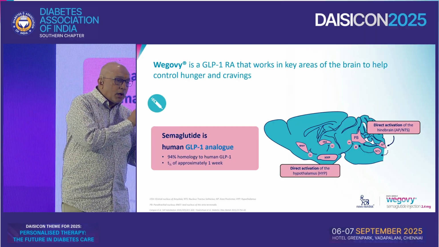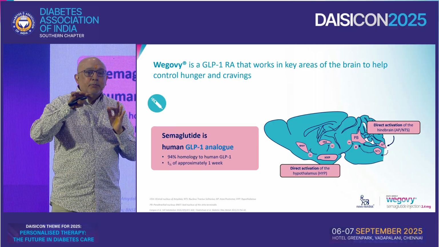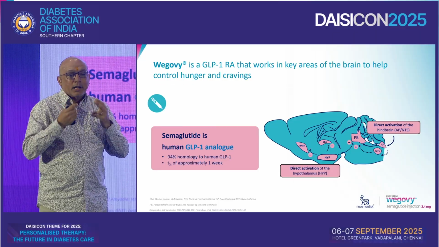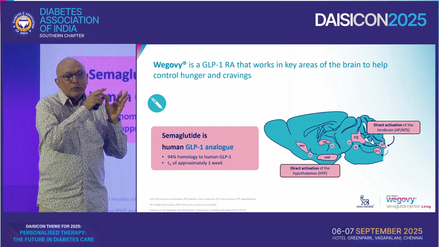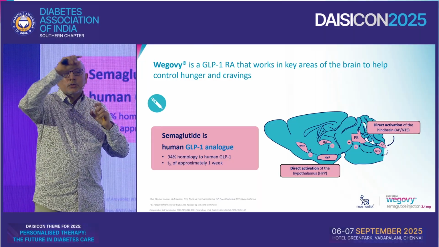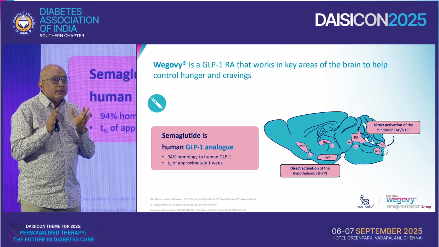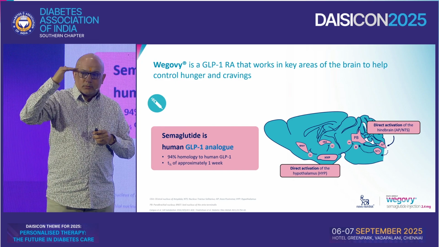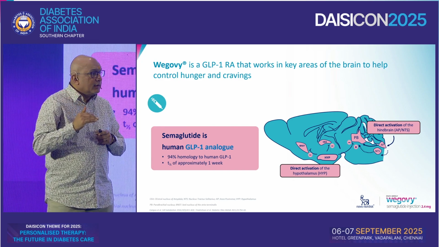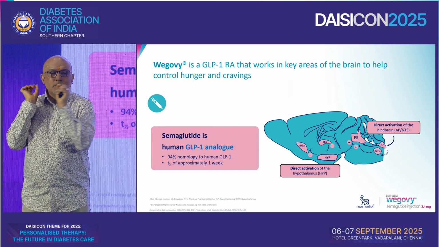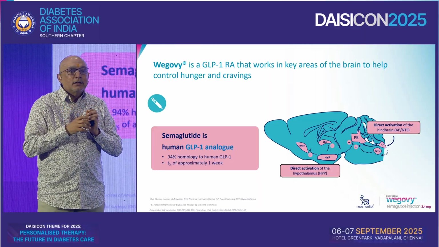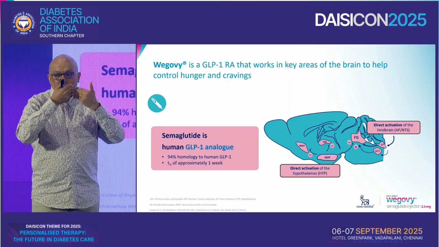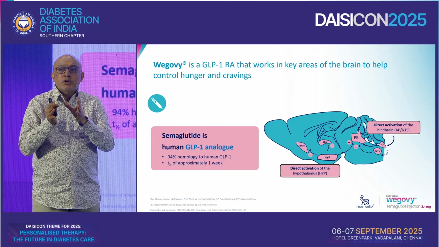So each of this tells you that it's working through the corticolimbic pathways that provide food as a reward. So two ways, one at the hypothalamus, the second closer to the NTS where it works through the reward centers. So when it does this, three things happen. One, your craving for food comes down. That's a reward. Second, you may get an aversion to certain kinds of food. Third is satiety. Because it slows GI emptying, it also works through the vagus. You feel full with smaller amounts of food.